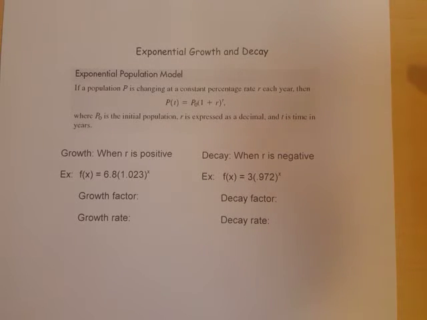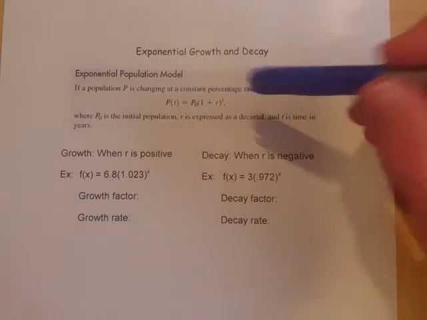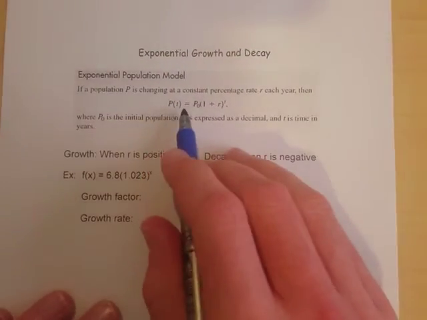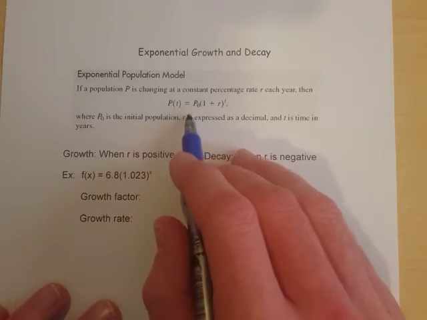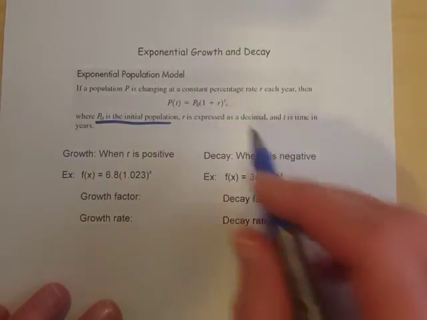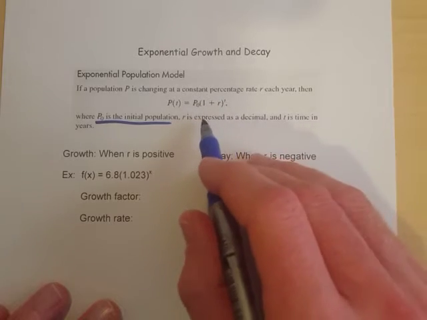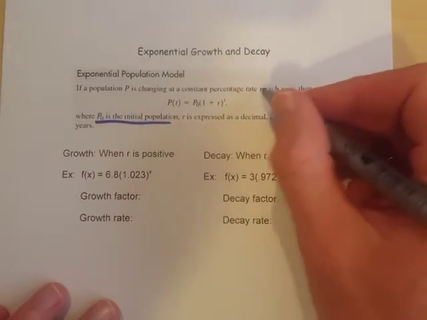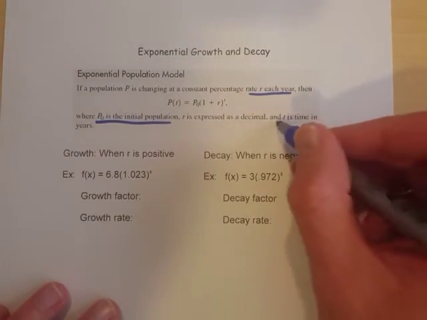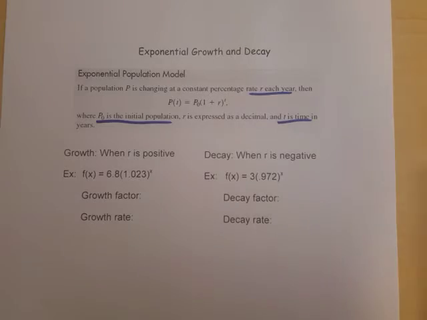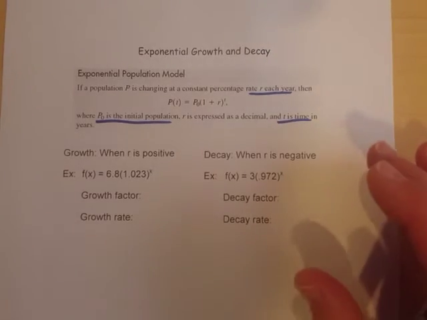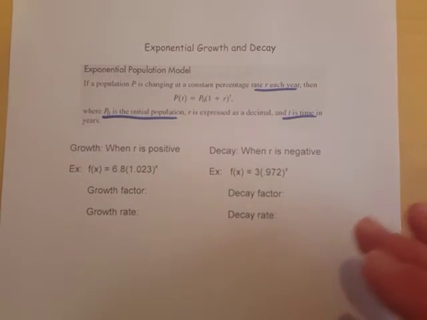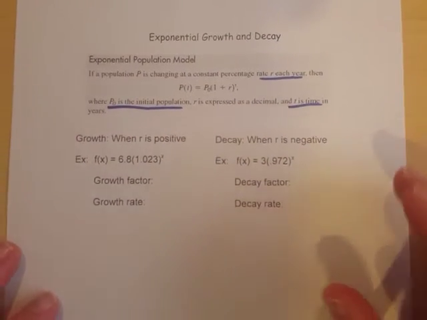Now, the exponential population model is essentially what we're working with throughout this whole lesson, and it's right here, as you can see. Population equals p sub 0, which is the initial population, times (1 plus r) to the t. r is the rate, and t is the time. So r is the rate each year, and t is time in years, or whatever unit of time you'd like to use in a particular problem. It can change. It can be days, weeks, months, whatever you determine it to be, as long as it's consistent